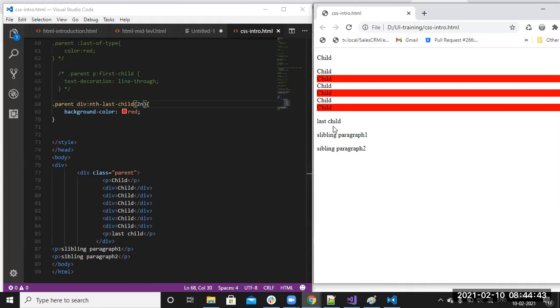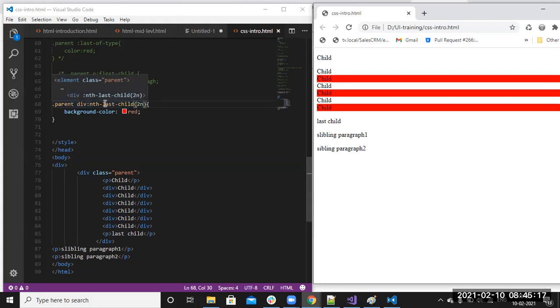You can see now, actually nth child of 2n means from here it will select this one. This child it needs to select, but now this one is selected because this is from the last, from the end it will do that. This is the first child, next one, and this is 1 2 3 4. So every second element is selected.